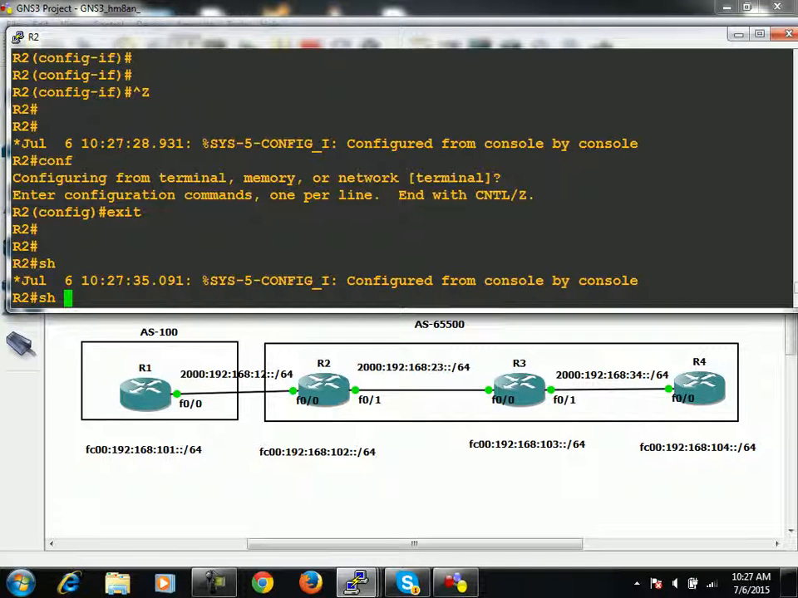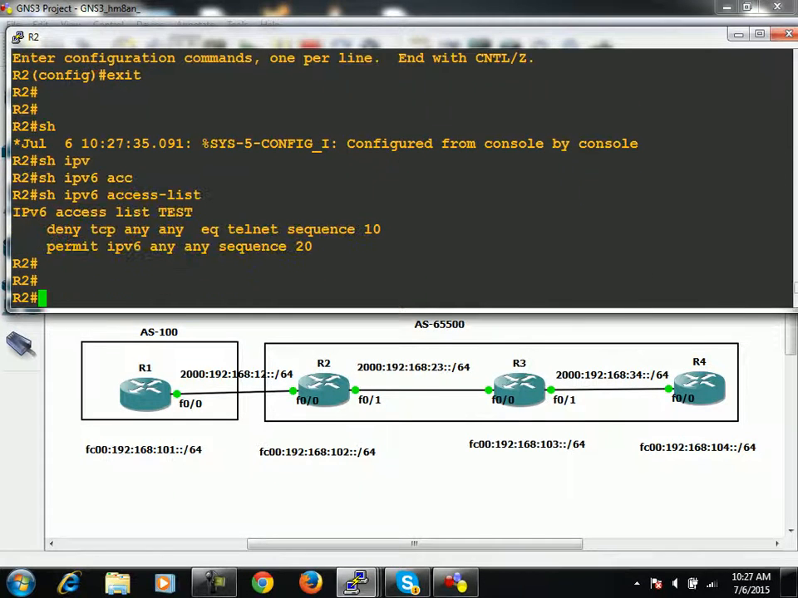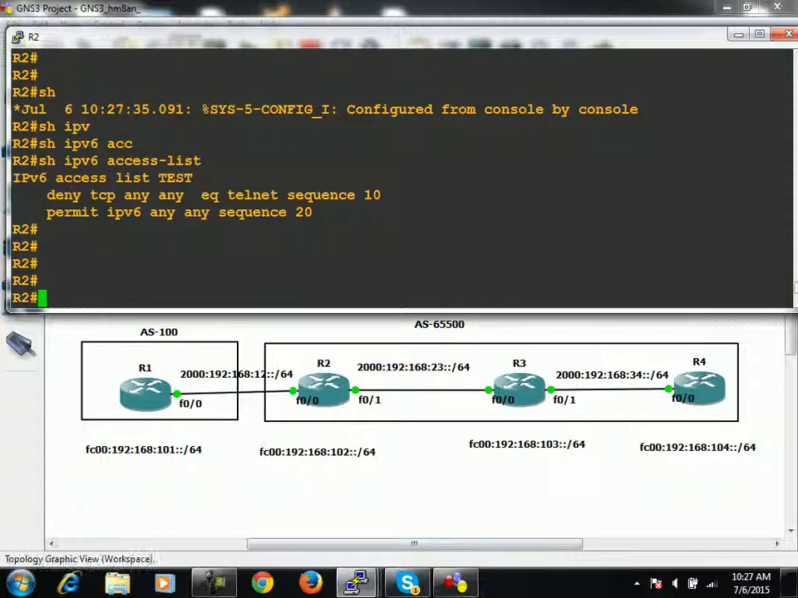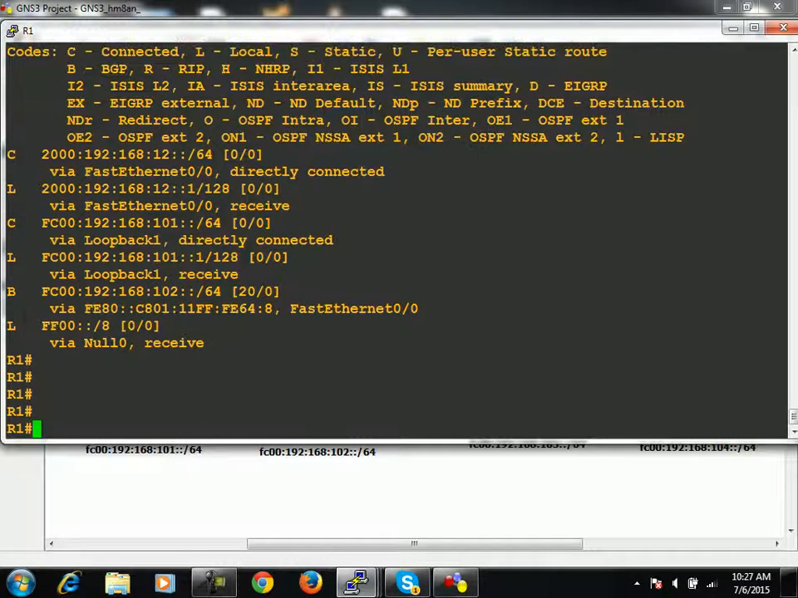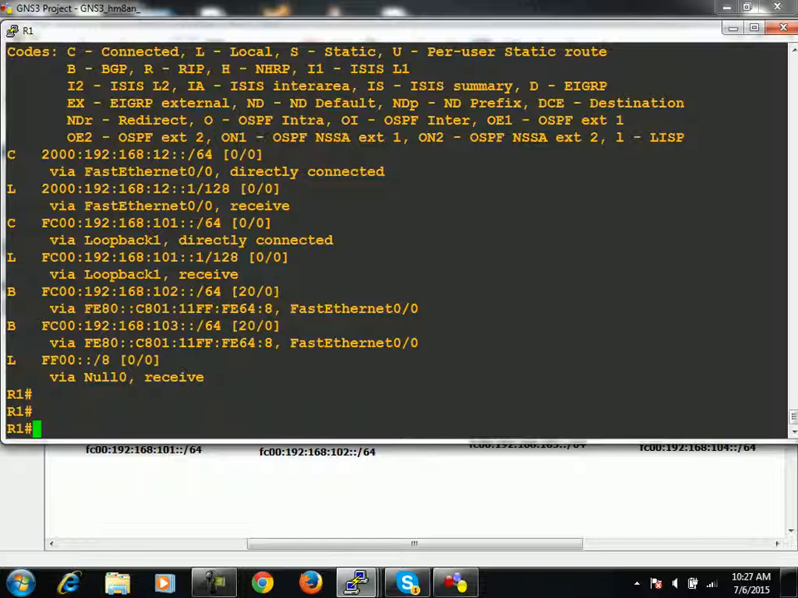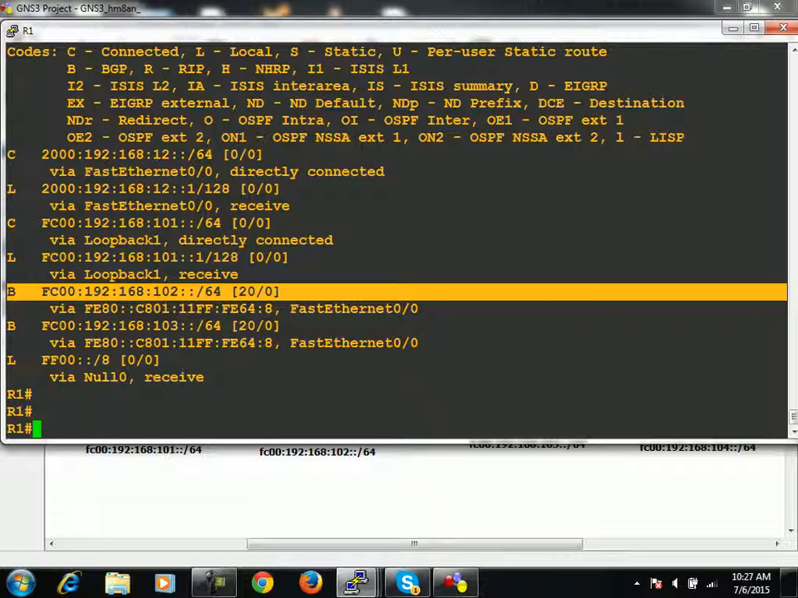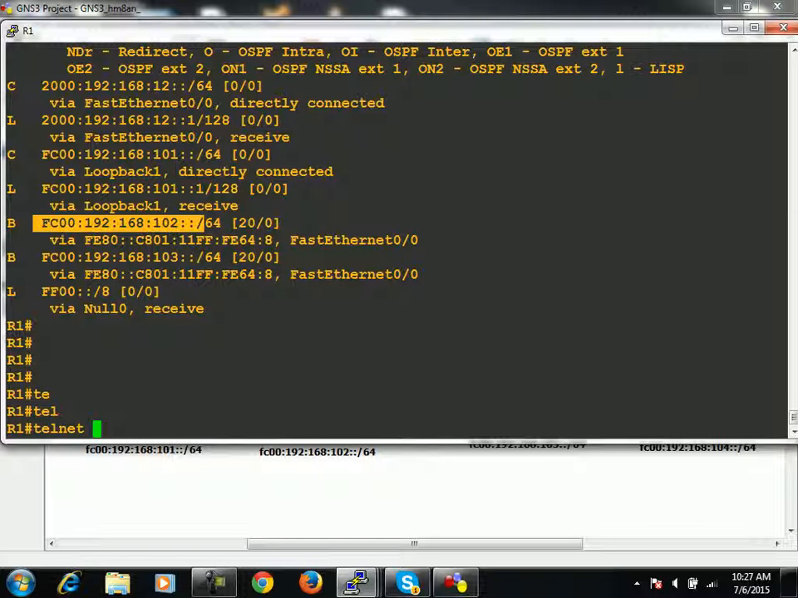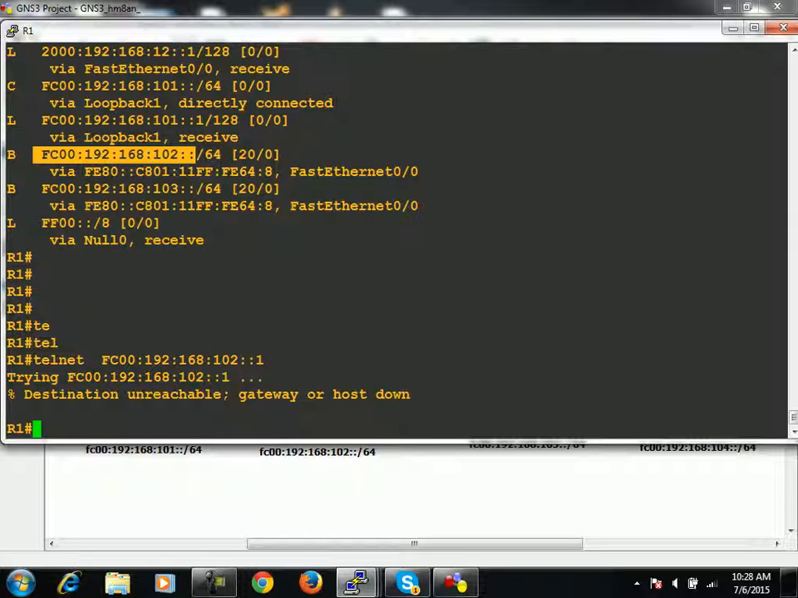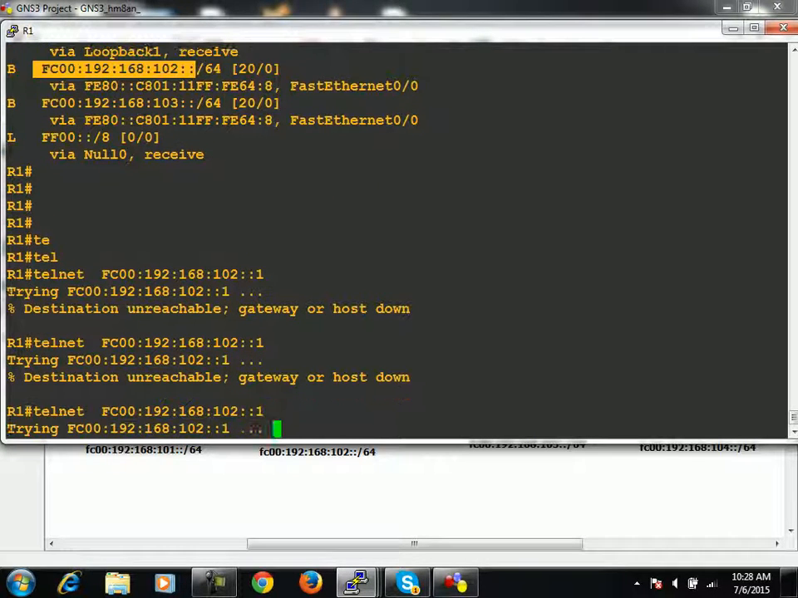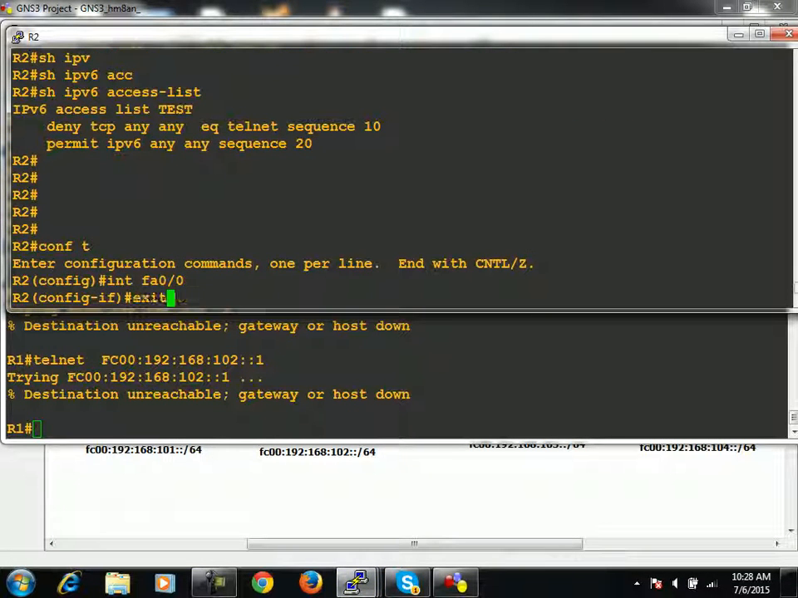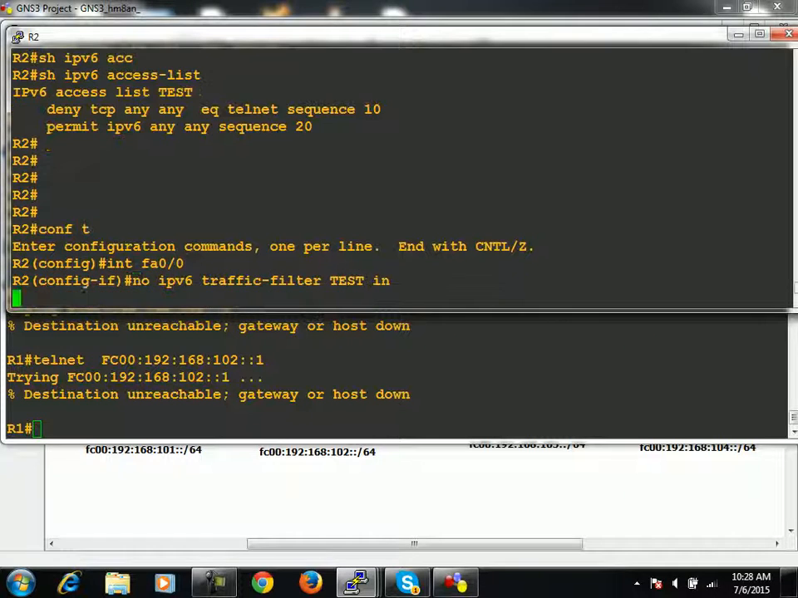I will prove it. Show IPv6 access list. Let me show you. See, sequence number 10 and then 20. Now if you want to telnet to R2, R2's prefix is there, see, 102. But if you say telnet, you understand? But if you move on R2 and remove it from this interface, remove it,